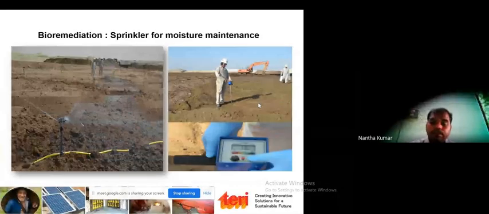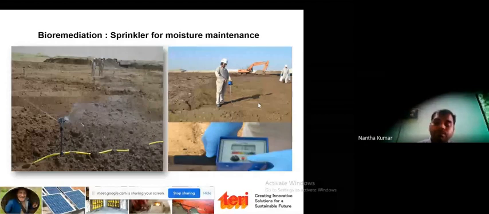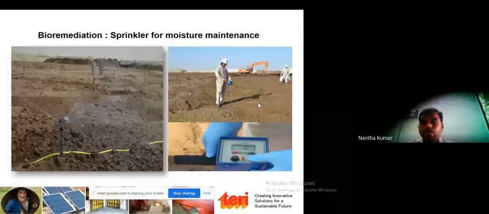These are a few pictures of how we tried different methods to maintain the moisture, because managing the site is very difficult because of the harsh conditions. But in India it is a different situation, where the environmental conditions are very suitable, so it may not require such additional effort.